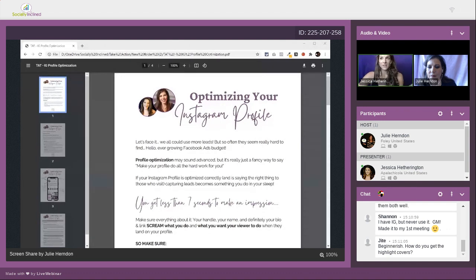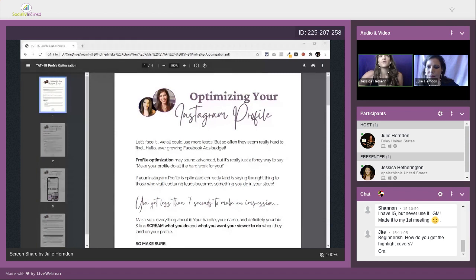So if you want to grow on Instagram, there's really not any substitute for being on Instagram. You have to show up, you have to like, you have to comment, you have to interact, you have to watch stories. You have to be present on Instagram to see major results on this particular platform.